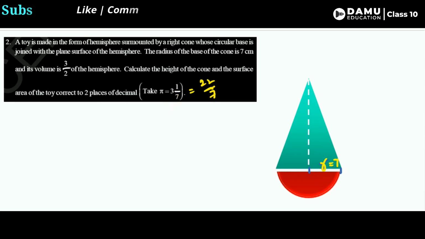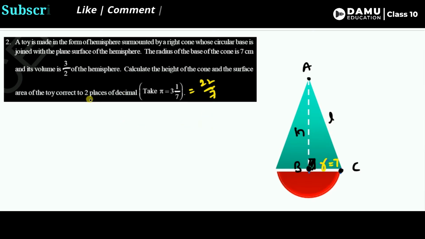What they are asking here is the height of the cone. So the height of the cone is this height from this point to this point. This is the height of the cone. This is the lateral surface area, so this is L. Let's take these points as A, B, C. ABC is a right angled triangle. Then AC is the lateral height, you can say lateral length.